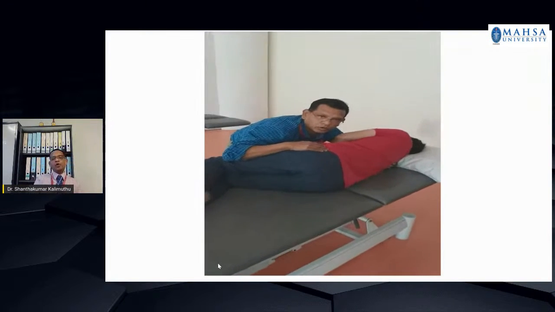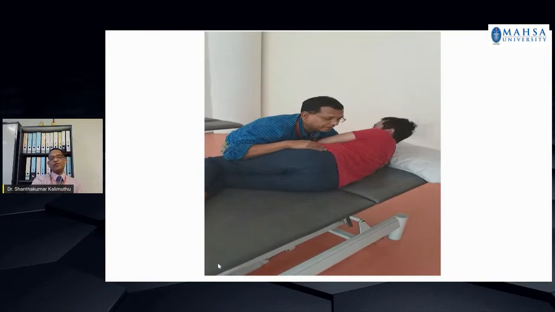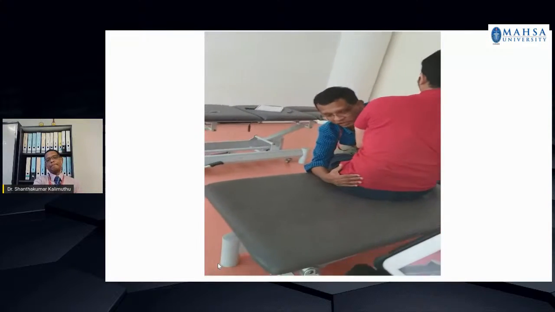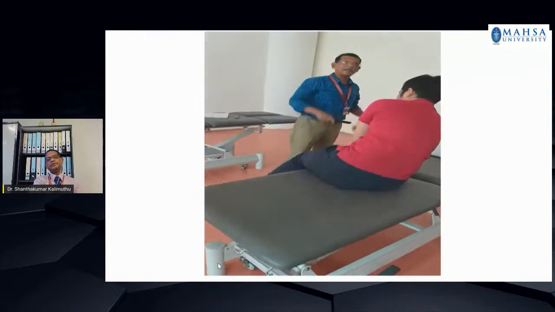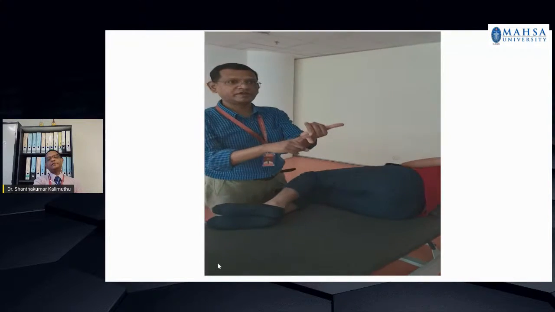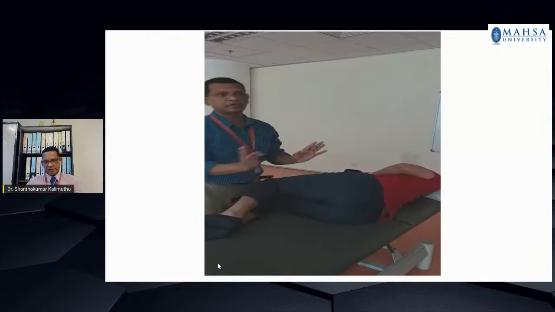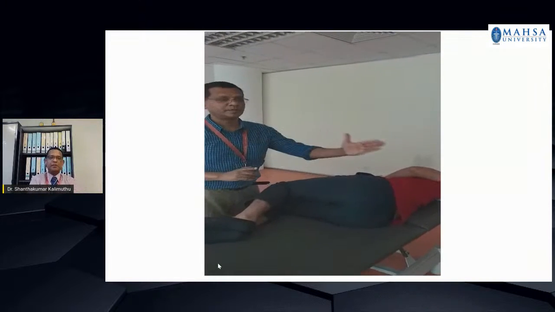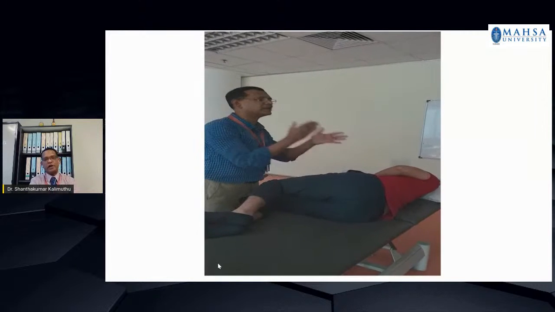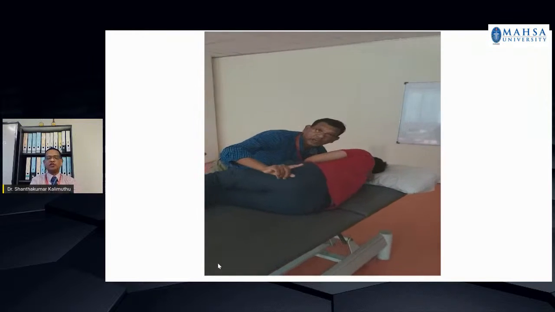So that's how you can make an acute stroke patient come up to sit, or even a patient who has got very little function. You can encourage the patient to come up to sit in this way. And this can also be taught to the nursing practitioners in the intensive care unit, or to the nurses available in the neurology ward, and the patient attenders can also be taught this application, because this is very important in